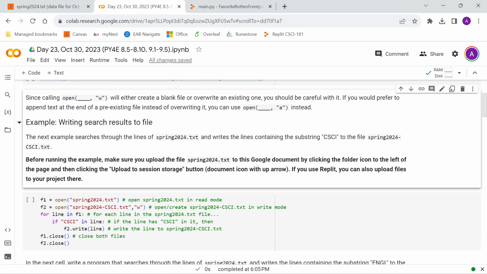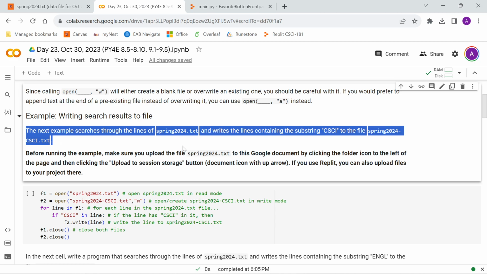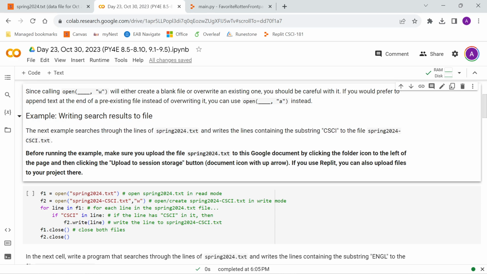So next thing I wanted to do was an example where we write some search results to file. This example is going to search through the lines of the spring2024.txt file, and it will write the lines containing the substring CSCI to the file spring2024-CSCI.txt. For this one, you need to make sure that you have that spring2024.txt file uploaded in the files